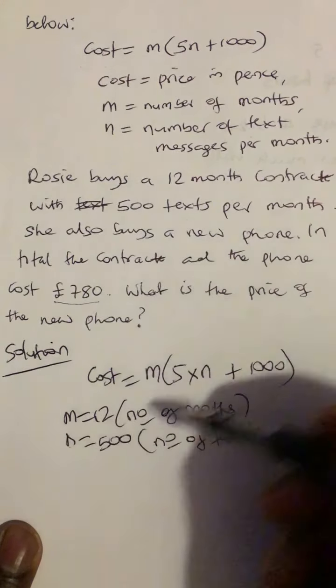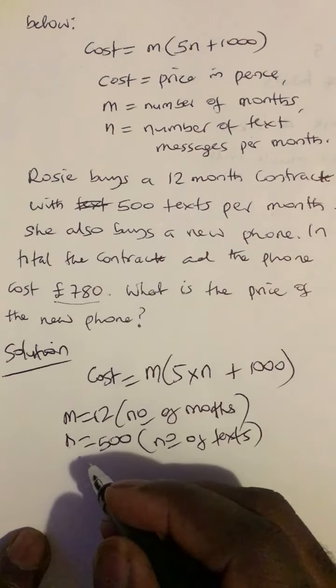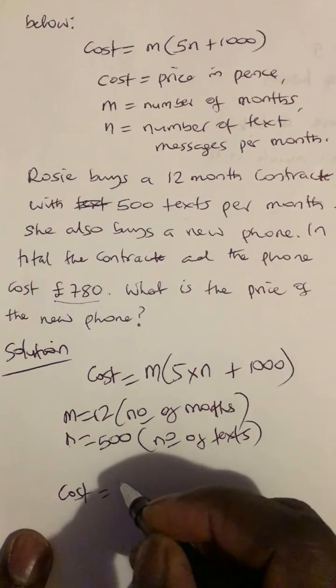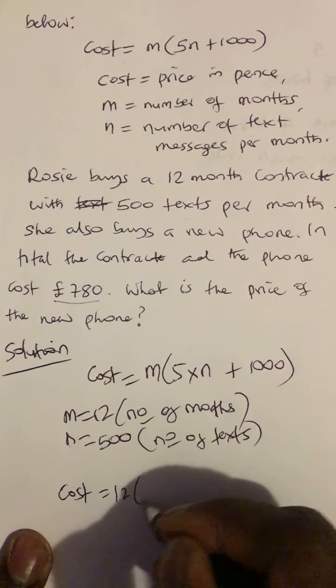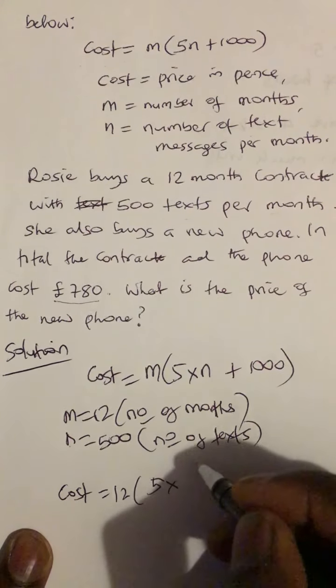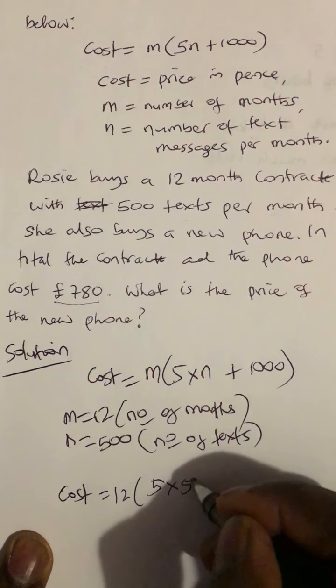So we now put these values into the cost to find out the cost of the contract. The cost will give us 12 times 5 times 500